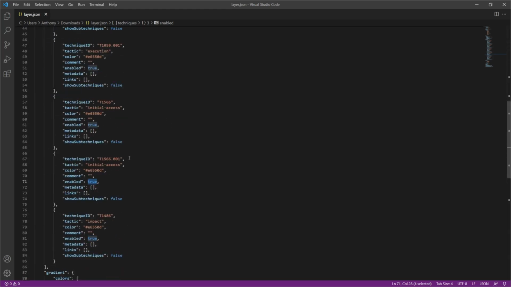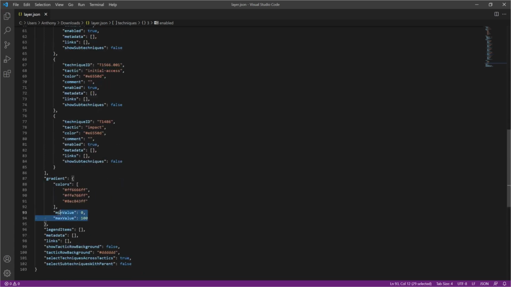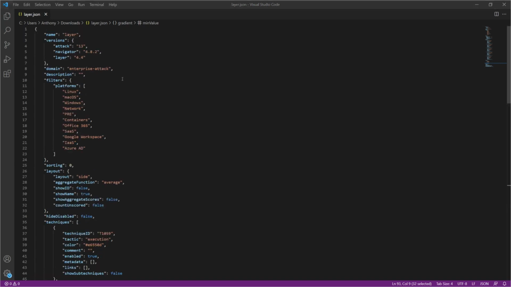You can even pick more of a heat map. So let's say you can do out of 100 detections, if you have a min value of 10 or even 0, make that red. And then your max value of 100 could be green to show that, oh, we have a lot of detection coverage in our environment. And there's all kinds of things you can do with the layers and